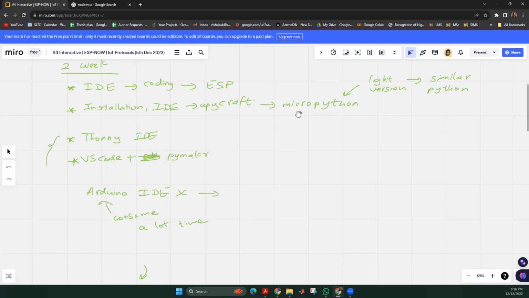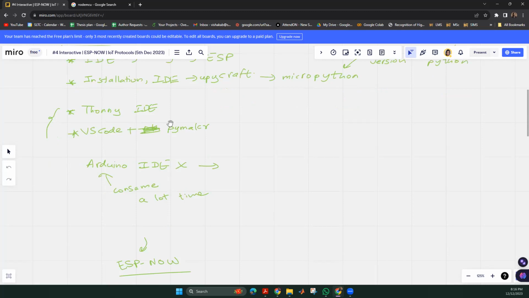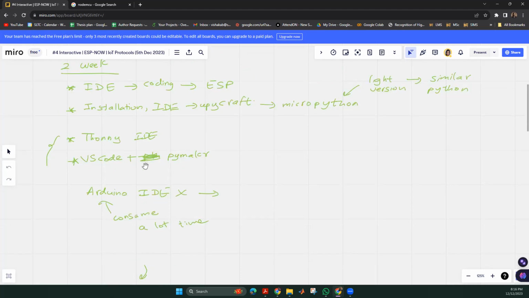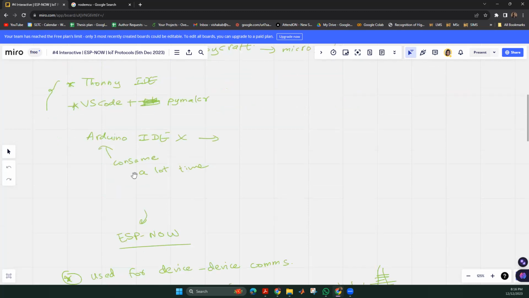So as a beginner, I think you can use MicroPython to develop the code. So Thonny IDE, VS Code IDE, with some extensions, you can use these IDEs to develop code for the embedded systems.